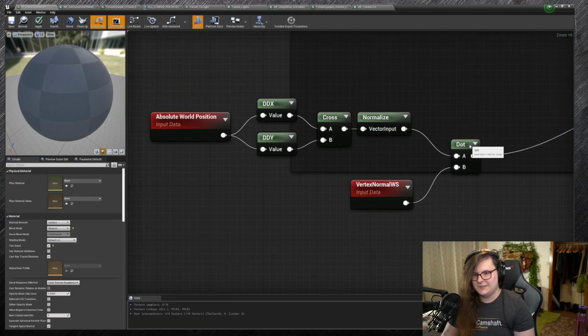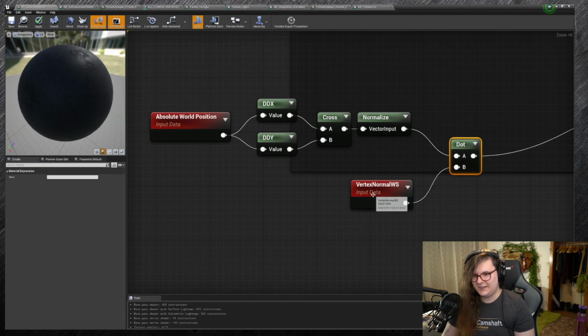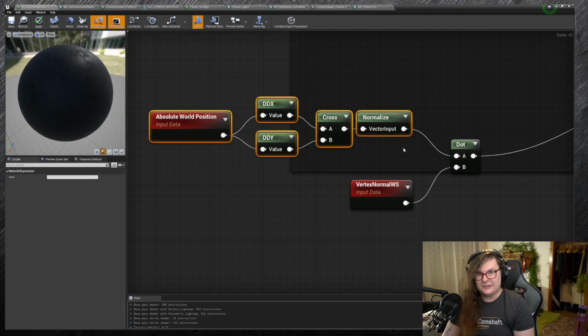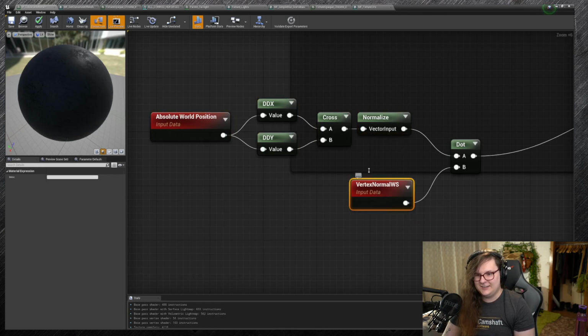What I'm doing here is a dot product against the vertex normal. This vertex normal is the smoothed normal, or, smoothed with hard edges, whatever the normal of the mesh is, basically. So if you compare the face normal, the hard-edged version of the mesh, against the smoothed version of the mesh,